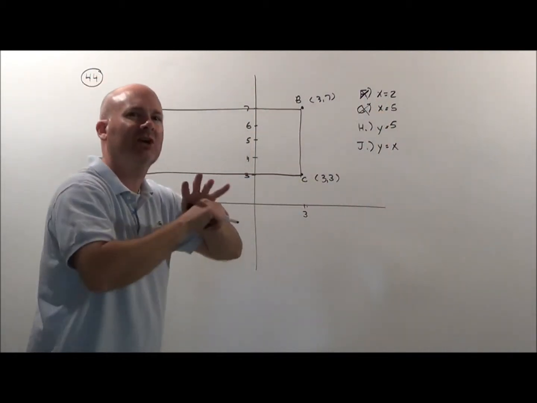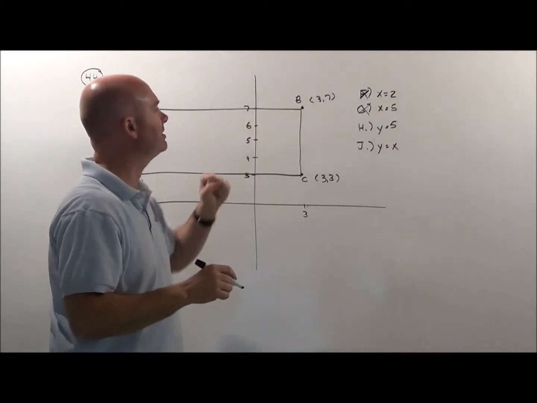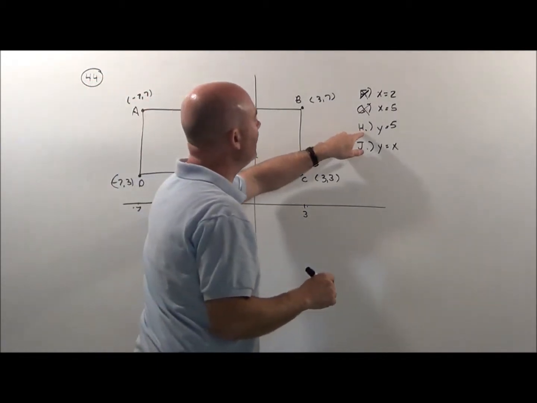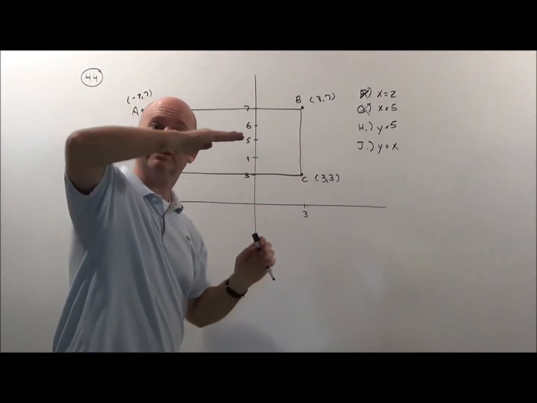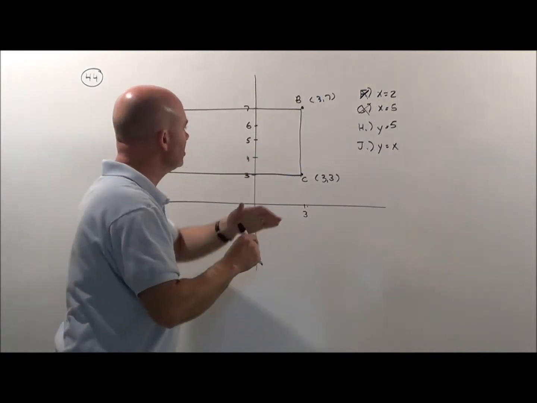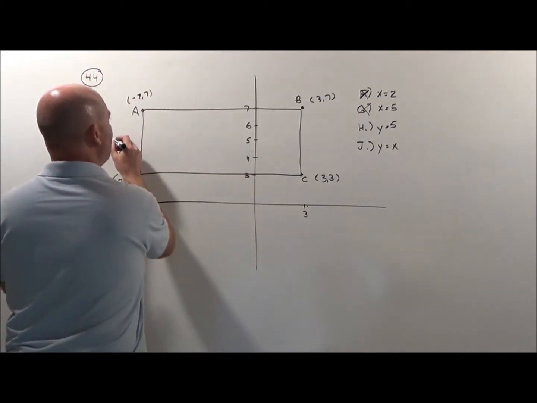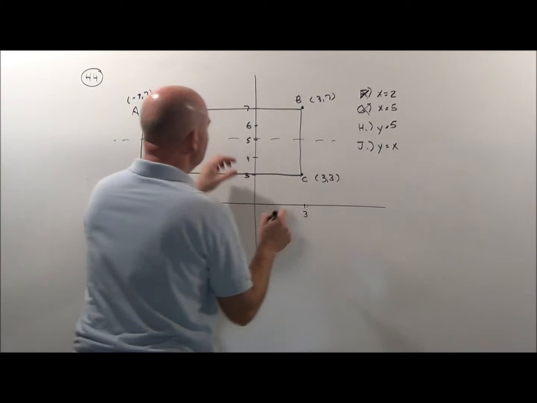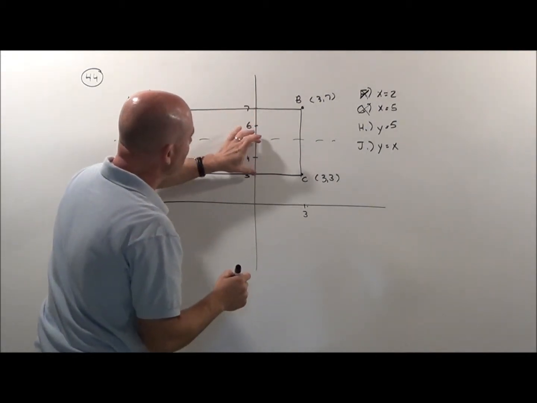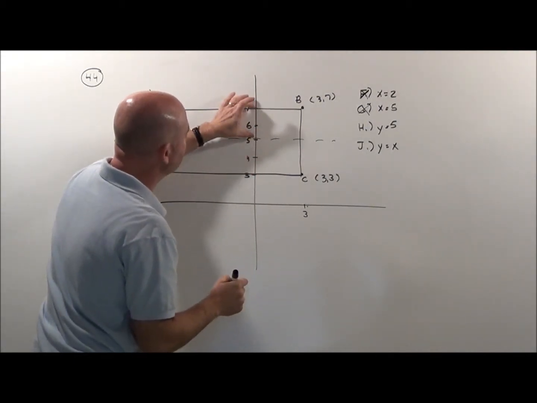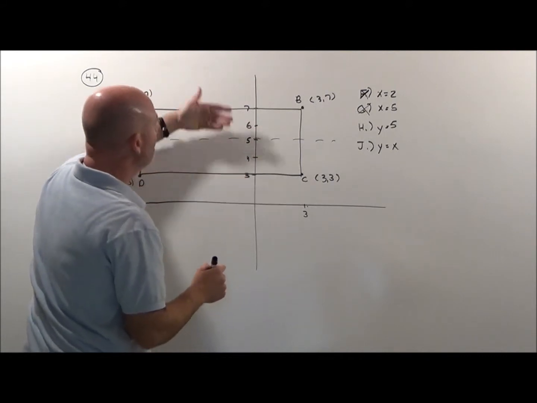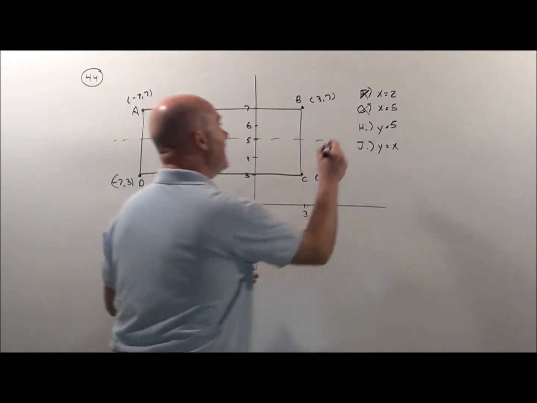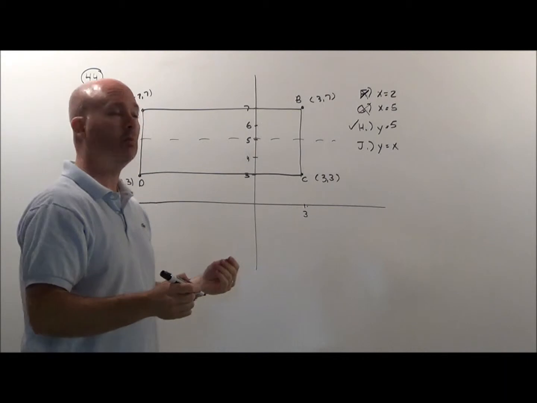We want a line that's going to cut it right down the middle so one side flips on the other part. The line y equals 5. Now y equals is a horizontal line. So y equals 5 would be this line right here. You can see that's 2 away from the height and 2 away from the bottom there. From the top it's 2 away, from the bottom it's 2 away. They're going to flip and land on one another. That's perfect. H is what we want.